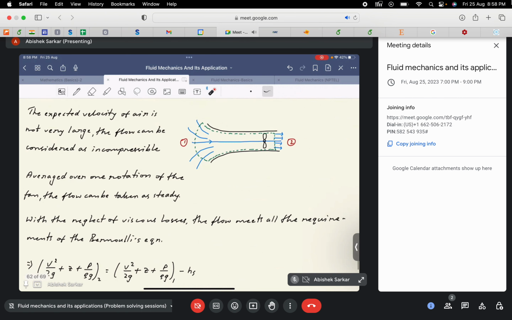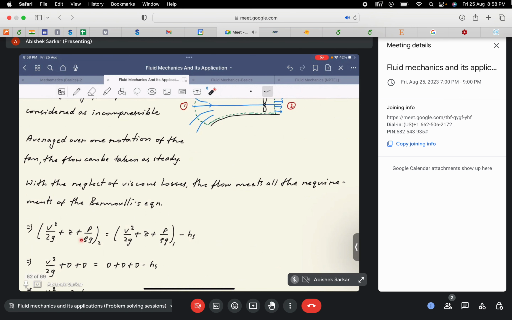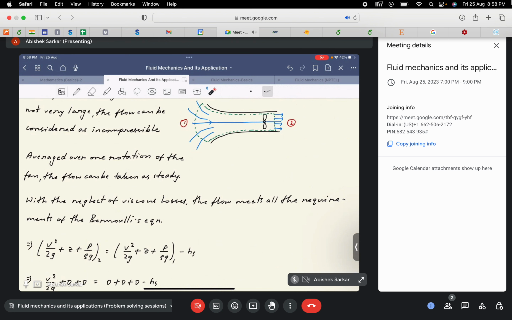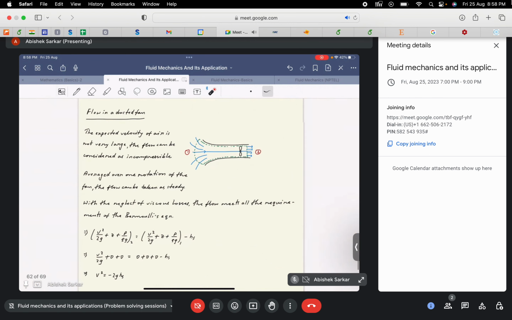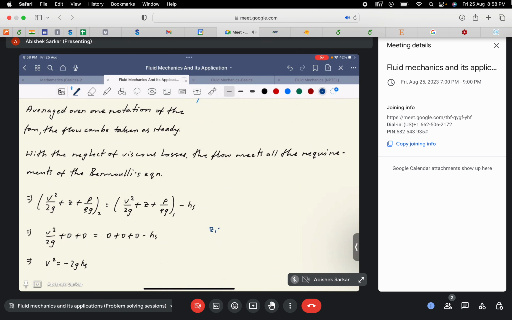So here, since point 1 and point 2 both lie on the same elevation, these terms can be cancelled out. Then again, the pressure at point 1 and at point 2 are both at atmospheric pressure. So the point from which the air is being sucked and the point at which the air is being released are both at atmospheric pressure. So I should write it: Z1 equal to Z2, P1 equal to P2 equal to P atm. Since this is the scenario, these terms also cancel out. Okay,